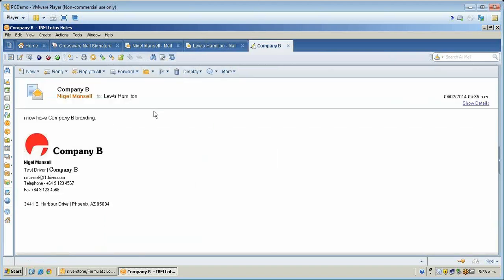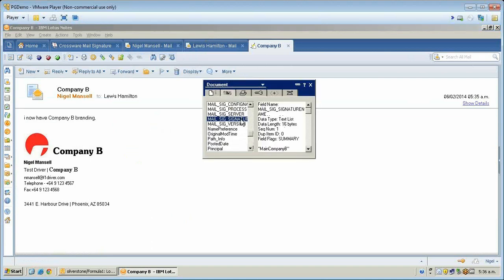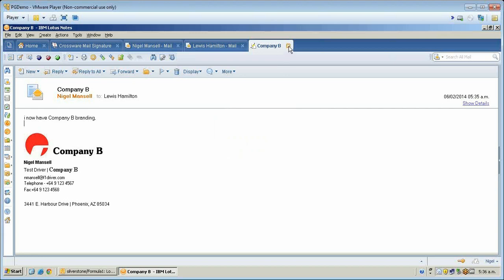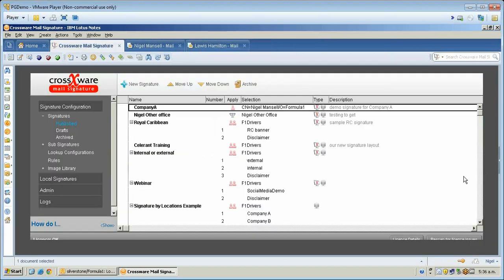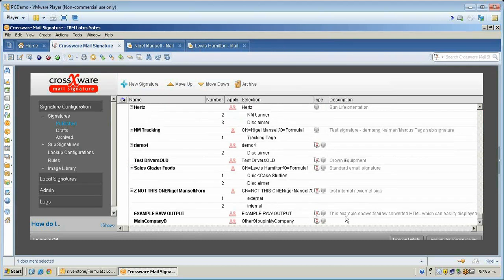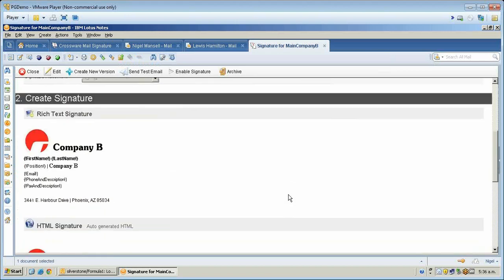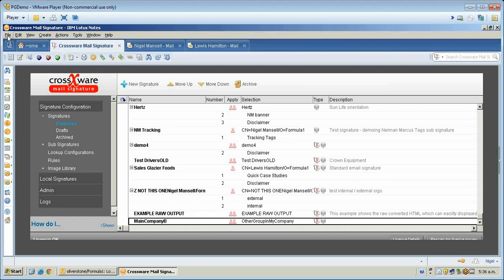So it set a hidden field, and I'll show you that field. I go into the document properties, and I go to Mail Signature, and there this field now has been set to main company B. And let me show you how that works. So I have a signature called main company signature B, all the way down at the bottom here. There's the name, there's the layout that we saw,